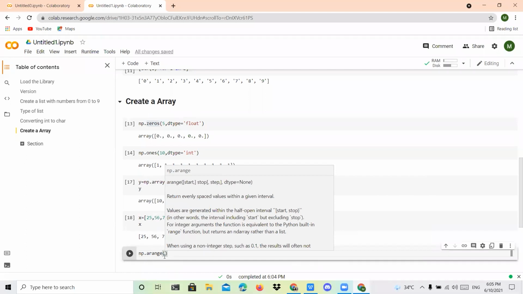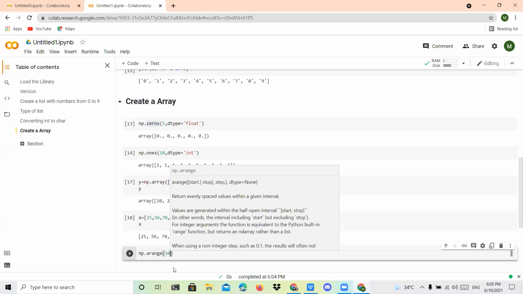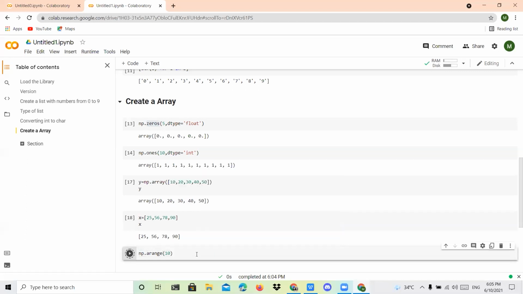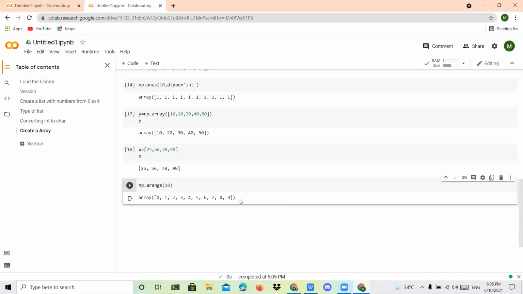After that, you can give 10, so your size should be 10. It is again in the same format as a list. We know the syntax, list of range within that size, like that. Here it is arange of 10, so it shows the values 0 to 9 printed. This is the same syntax as our list.